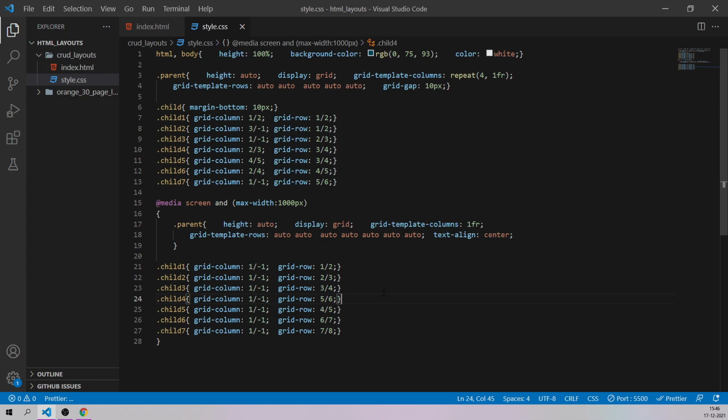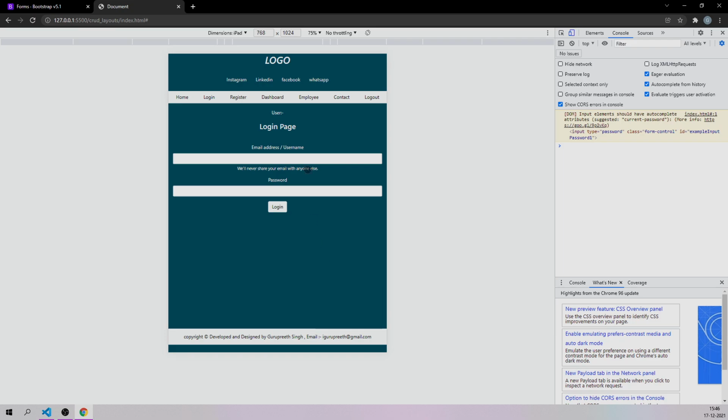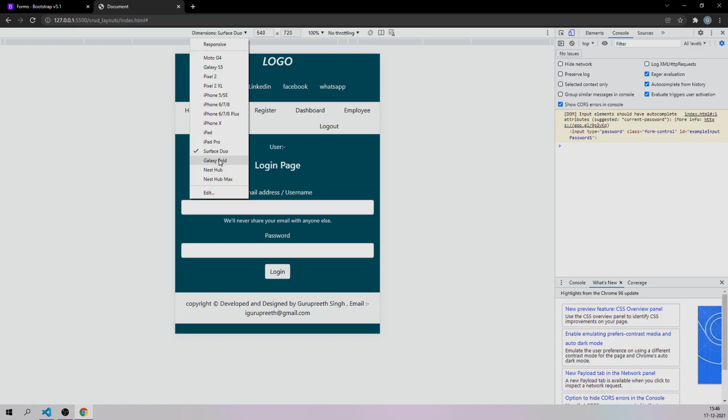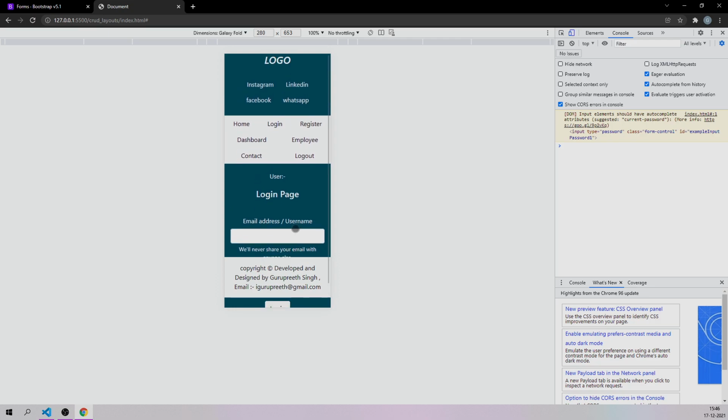I think everything is fine, and I don't think we need any more changes now. So let's come to the desktop view. Let me choose some other iPad. So this is going to be the iPad view for our application, and Surface Duo. It looks really nice. Any other devices, it is going to look like this.